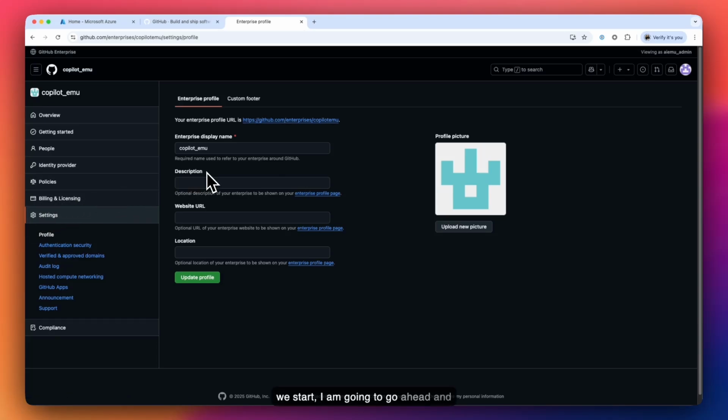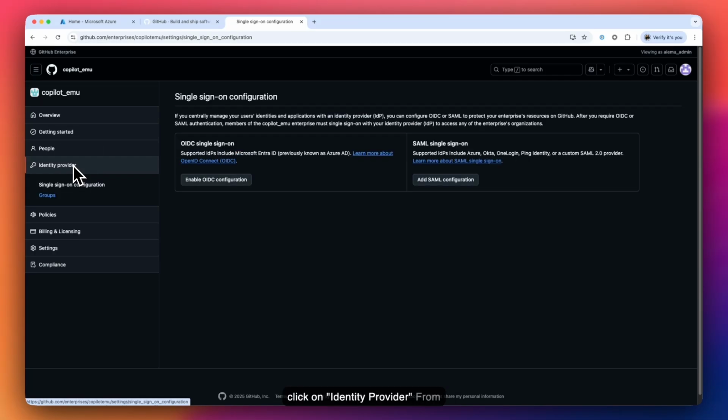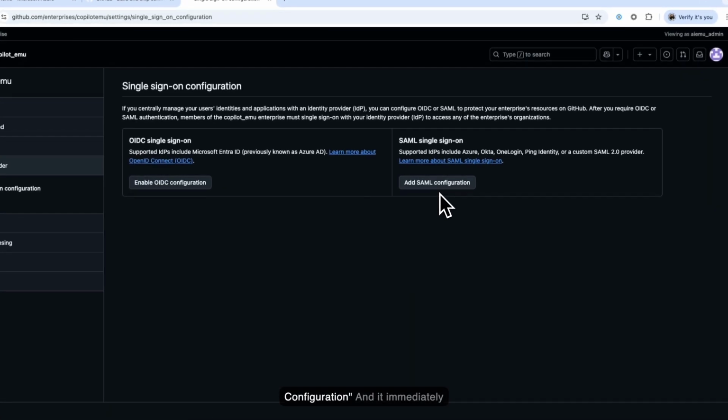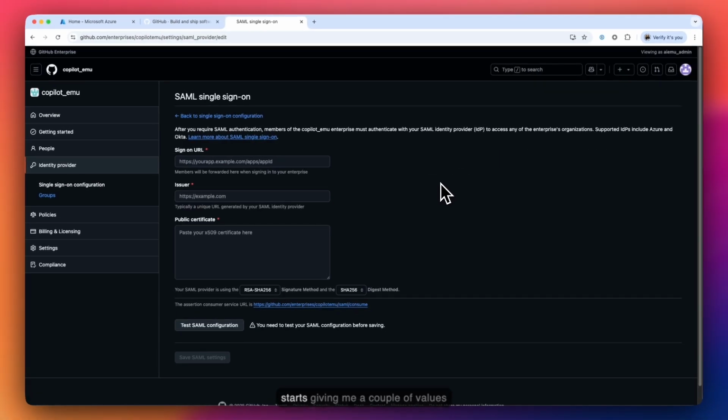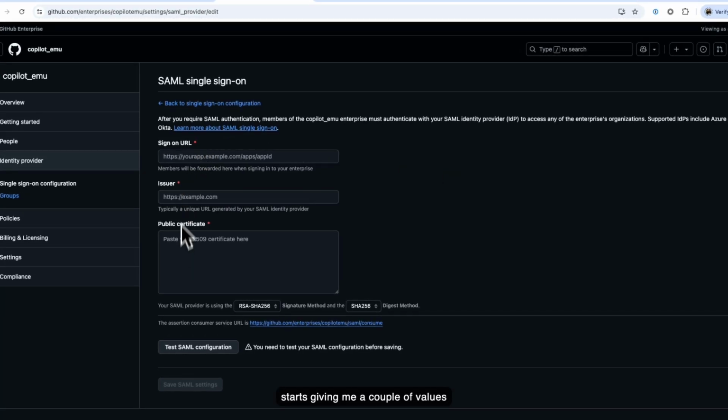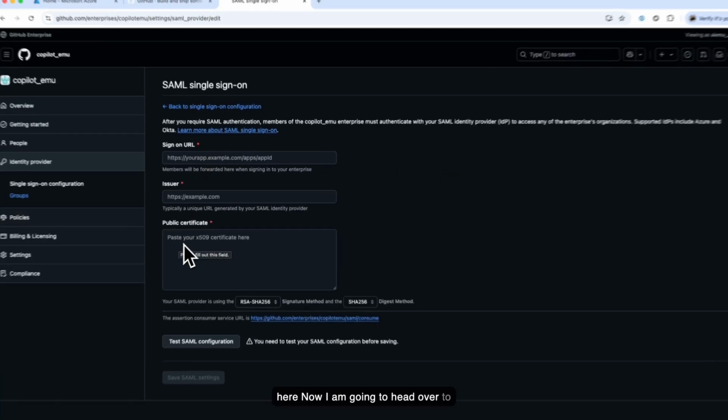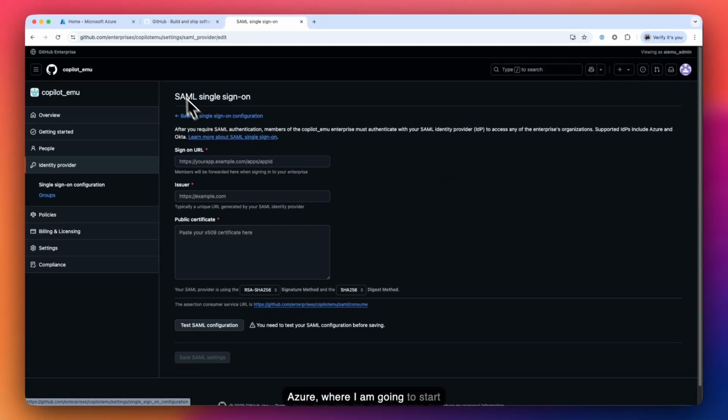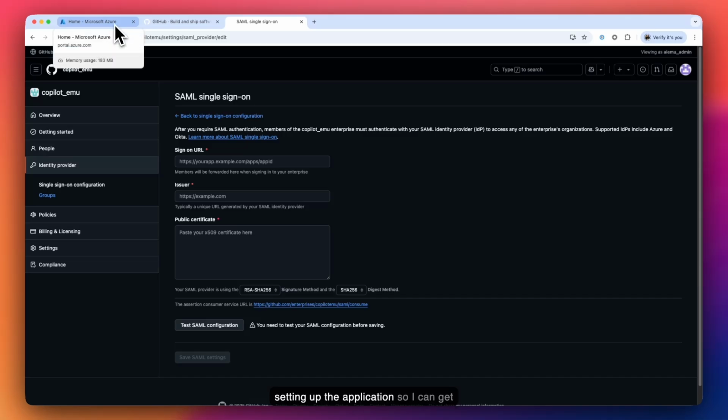Now, as we start, I'm going to go ahead and click on Identity Provider. From within Identity Provider, I'm given two options: OIDC single sign-on, or SAML single sign-on. Now, since I'm going to be using SAML for my single sign-on, I'm going to click on Add SAML Configuration. And immediately it's asking me for a couple of values here. Now, I'm going to head over to Azure, where I'm going to start setting up the application so I can